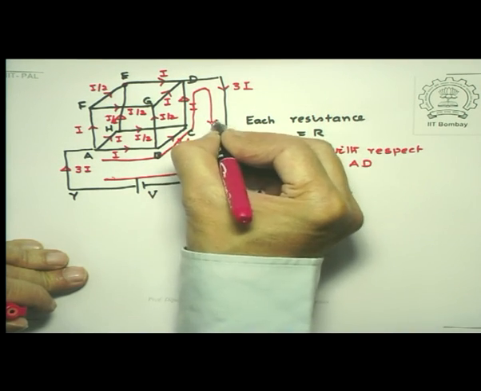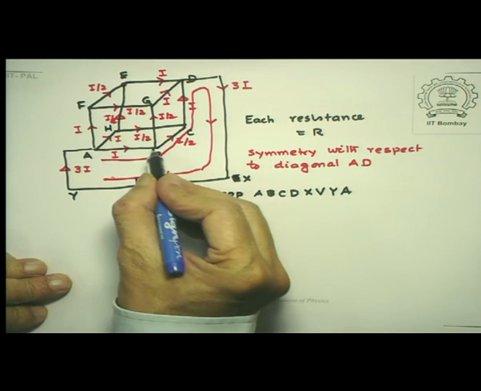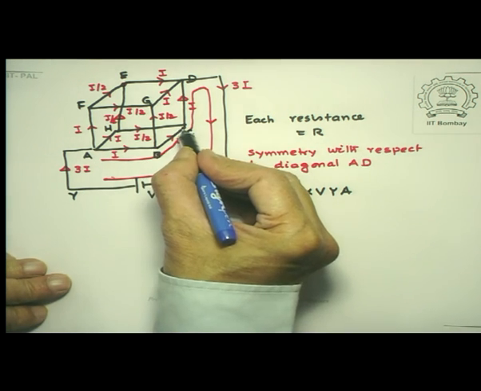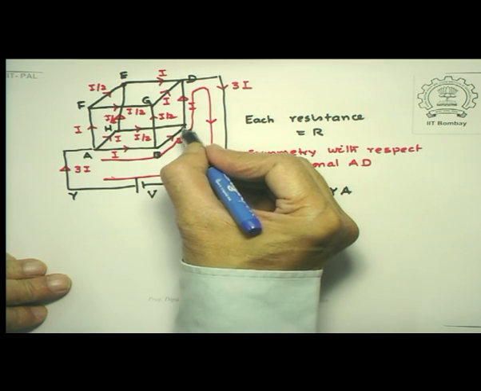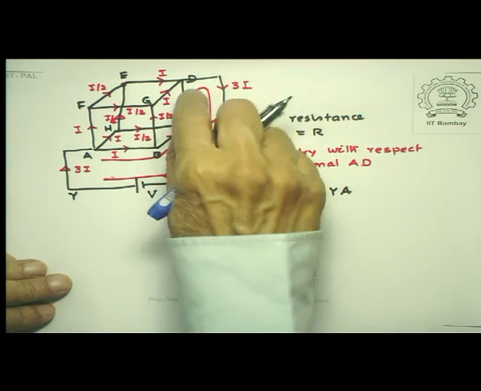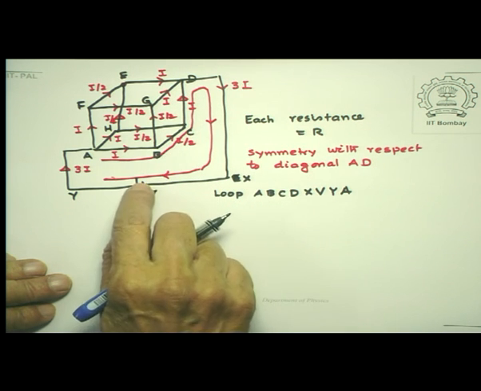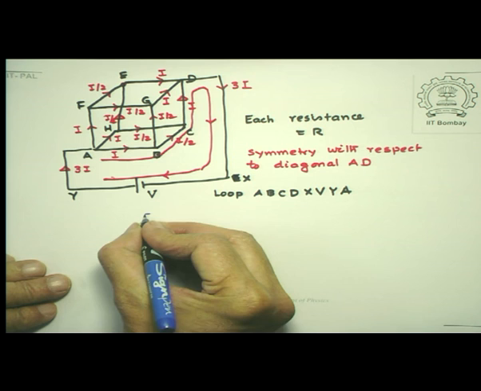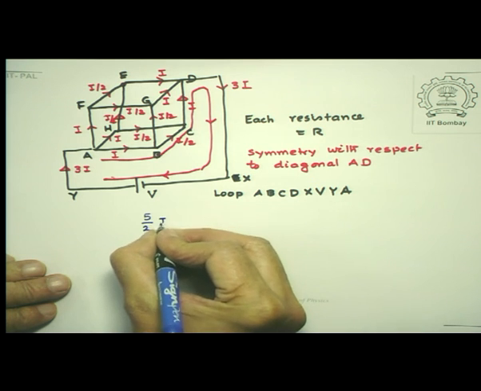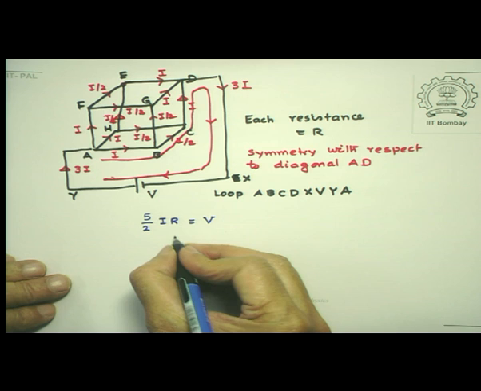So look at what I get out of this. I get minus IR, minus I by 2 R, another IR. So therefore total is minus 5 by 2 IR and then of course plus V. So therefore what I get is 5 by 2 IR is equal to V,